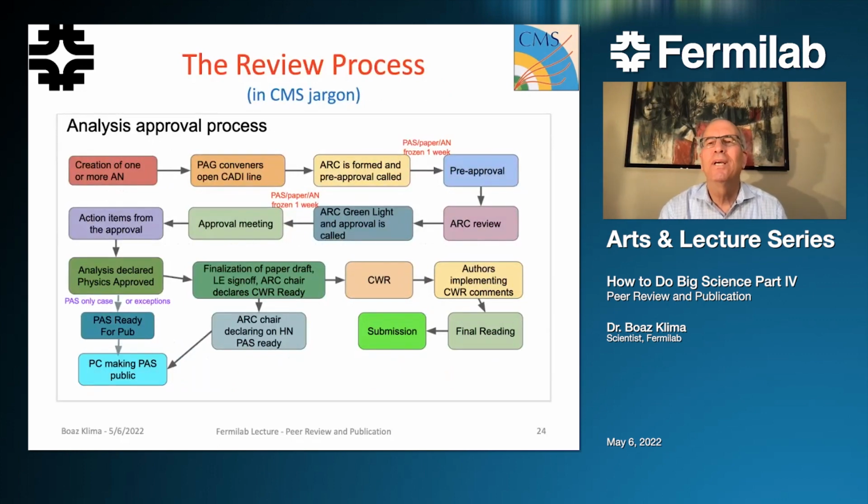Now, let me go quickly through the way we explain it to our colleagues. So this is the review process in CMS, in the CMS jargon. We start from the top left and go, you see the arrows, you see how we go all the way to the right, we go down, we go to the left, we go down. It's complicated, and if you try to read what it says, it's even more confusing, even for members of CMS,